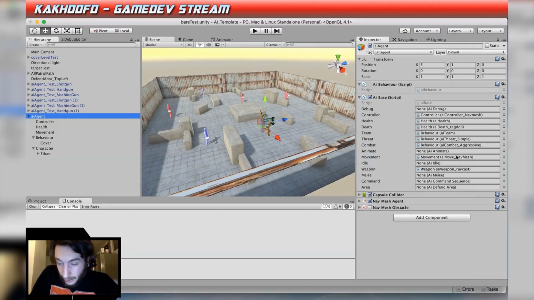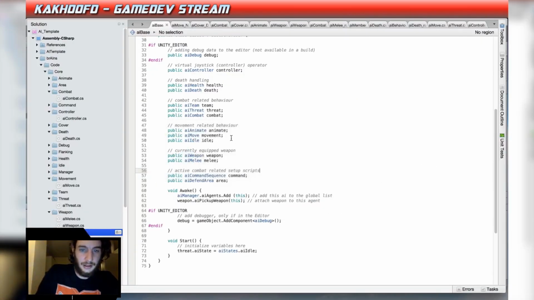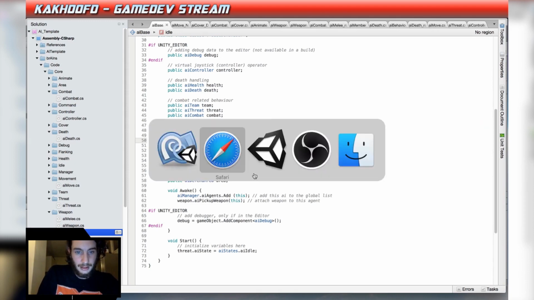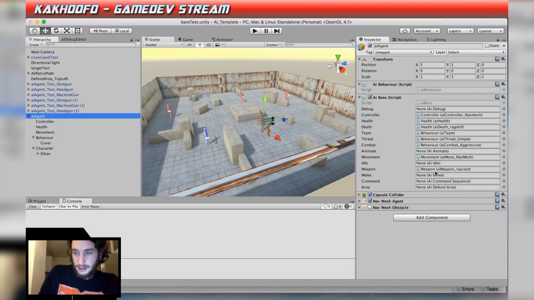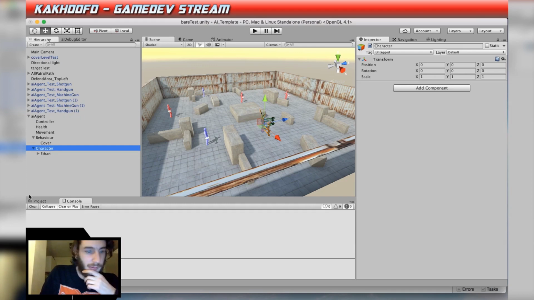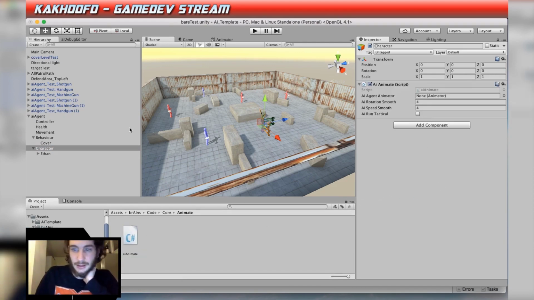So, tidying this up a bit, I don't think idle is a necessity, but it does fit with the movement. I'll just leave it there for now. Last thing I need to go and add is the animation, which I think I should add up to character, because that makes sense. Part of core, animate, and